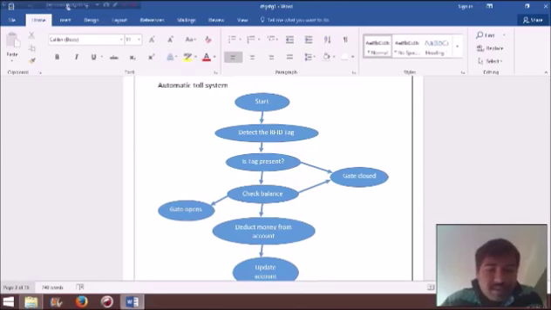Then if it is present, the controller, one automatic toll booth in that system, will be keeping the gate closed. Okay, so if the tag is present, then it will be collecting all the information related to the tag in a system, like who is the driver and what is the balance in his bank account. If his balance is sufficient, then it will be deducting the amount of that road tax from his account, and then his bank account will be